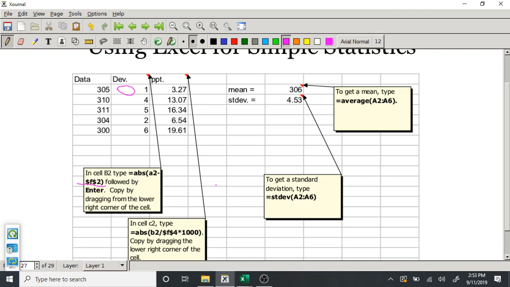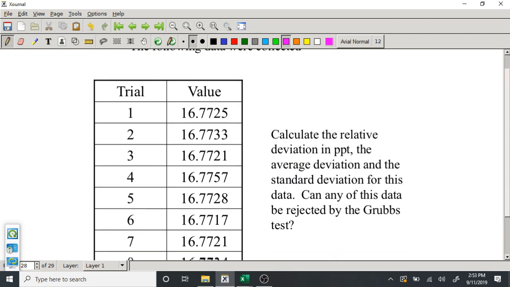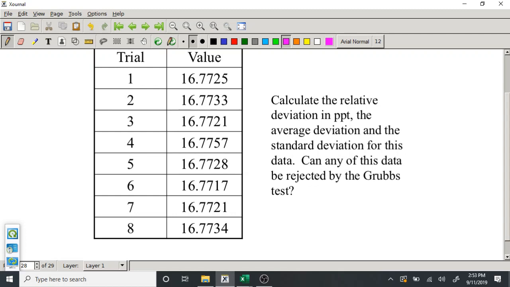All right, so what I set up is a couple of problems that we can practice with. And this is the first one. We've got a set of 8 data. We want to calculate the average deviation and the standard deviation for the data, and then we want to use the Grubbs test to decide if we are going to throw out any data on this. And so if you go to the spreadsheet that I recommended you download,